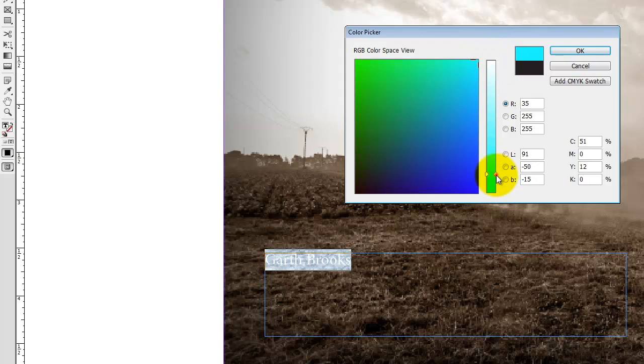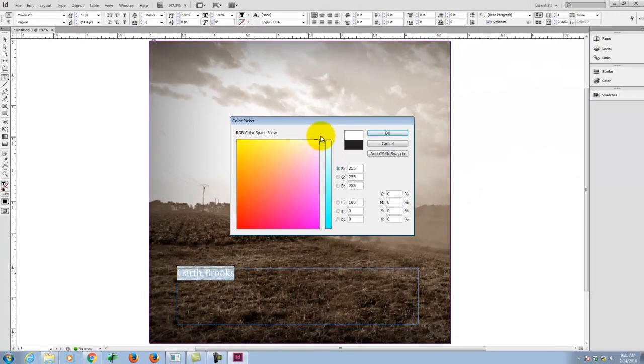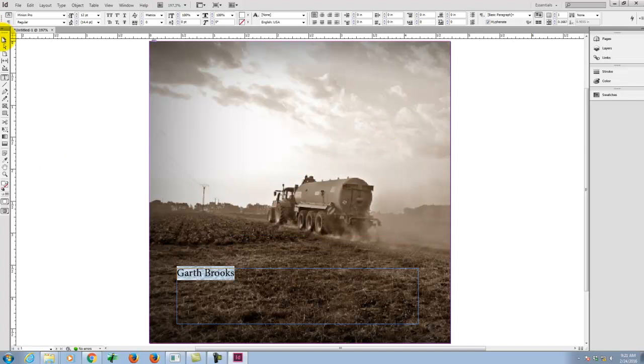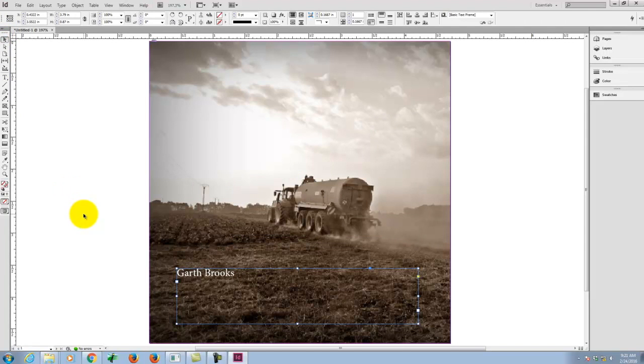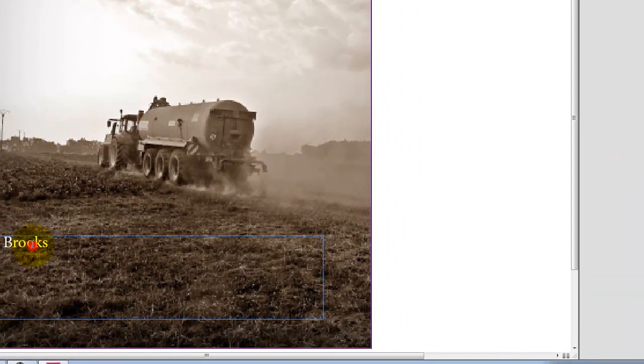And I also have to pull this slider up until I get to white. Okay, so it's upper corner plus there, or I could do 0, 0, 0, 0. I'll say OK, and now you can probably see Garth Brooks written. Okay, now my font isn't big enough yet, and it may not be the right font. So if I were to select it,